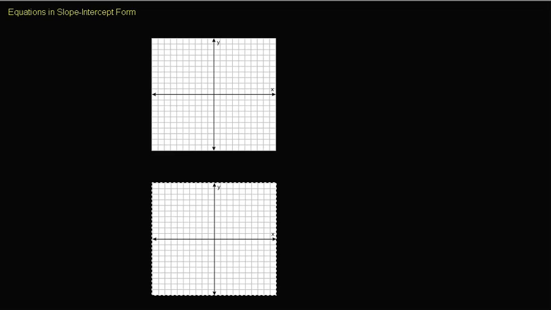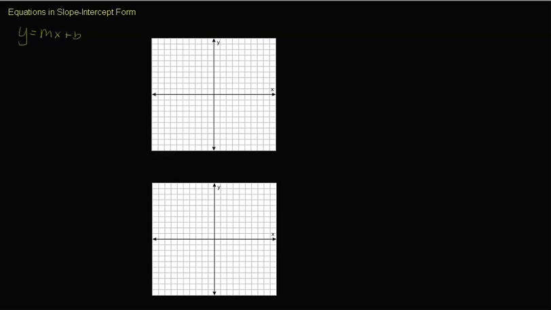Today we're on one of the more important things that we will talk about in algebra class: equations in slope-intercept form. So we've graphed equations before. We've used standard form, and we've also used a function table to graph. But probably the easiest way to graph a lot of linear, straight lines is by using slope-intercept form. This is going to be confusing at first, but the formula is y equals mx